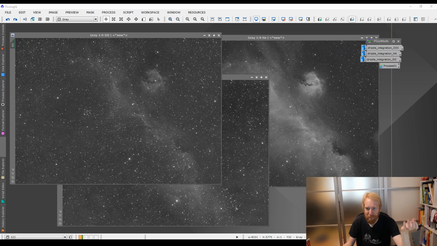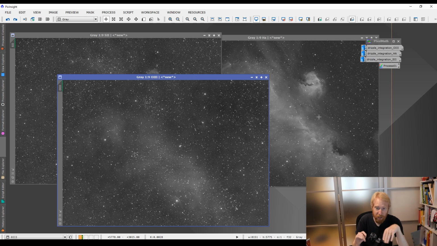So here I am in PixInsight, but this is not specific to PixInsight. You can do this kind of manipulation in any software, including Photoshop or APP, I would assume. I don't know, I'm not an expert. And the first thing you would do is that there are many ways you can do narrowband combination. You can first stretch your images. So right now my images here, they're